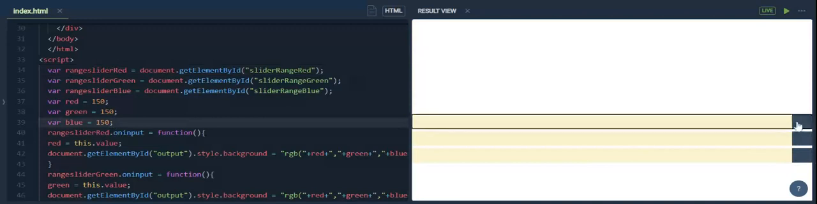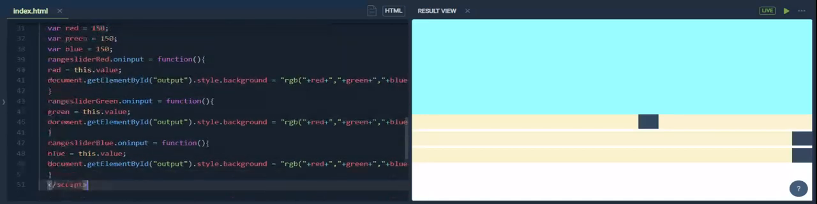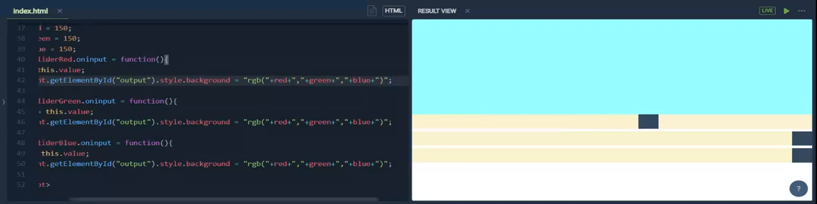Now, how will the user know that the first slider is for red, second is for green, third is for blue? We have to give some identification to the user also. It's just a kind of user friendly thing. We can give some label also here, just like some text, red, then green, then blue, or we can make it more attractive, and we will set the background color also of each and every slider. So when we are sliding, the background color of the slider also will change. So for that, what we will do,